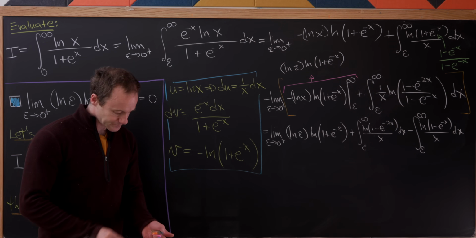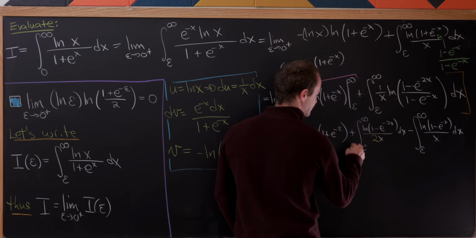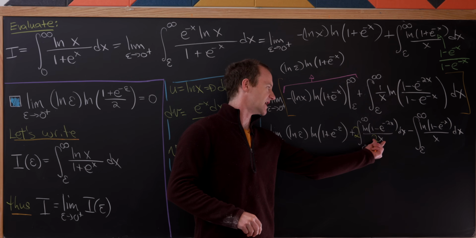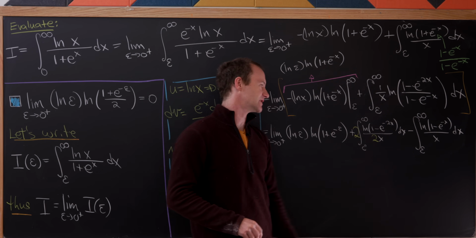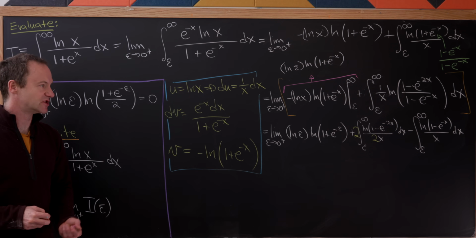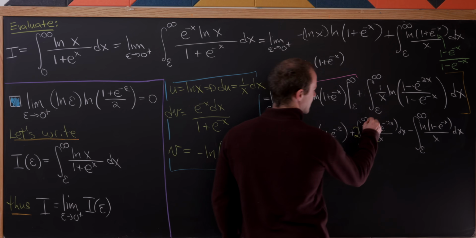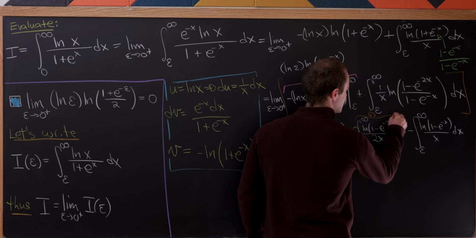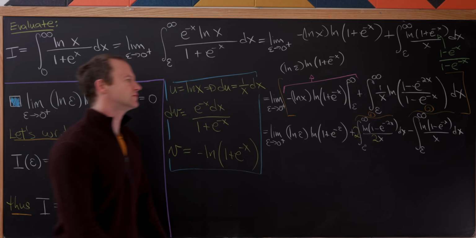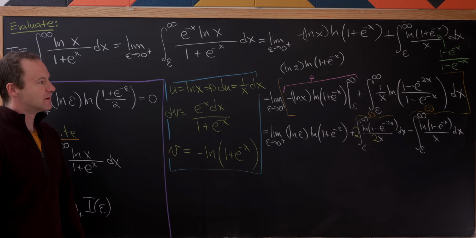Okay, good. And now I'm going to sneak in a 2 right here. So multiply by 2 and divide by 2. That makes this denominator match exactly with that exponent right there. And that actually motivates a change of variables. I will call this over here integral 1, and I'll call this over here integral 2, because we're going to use the same variable for the change of variables in both of those,